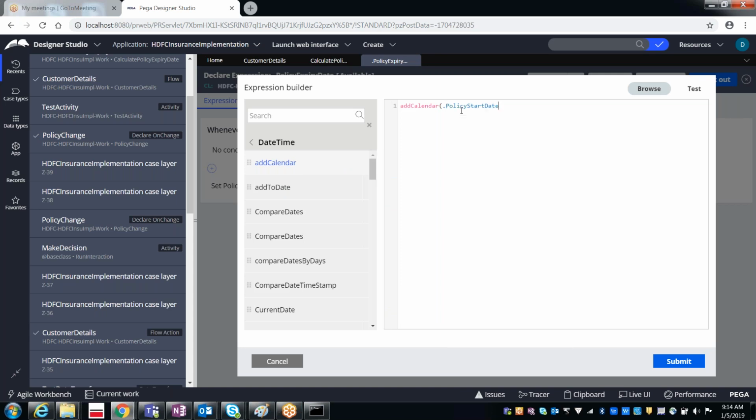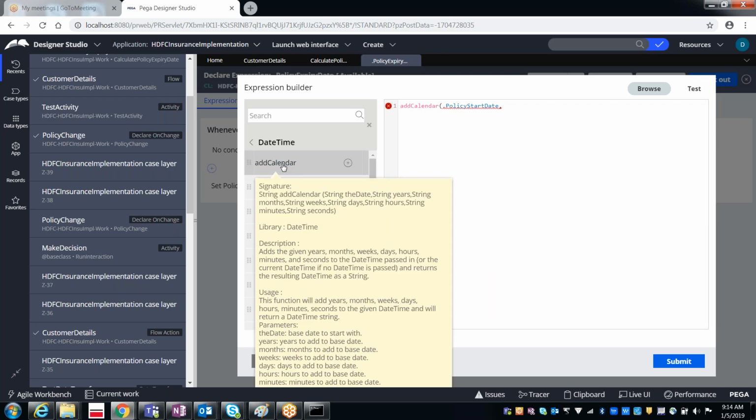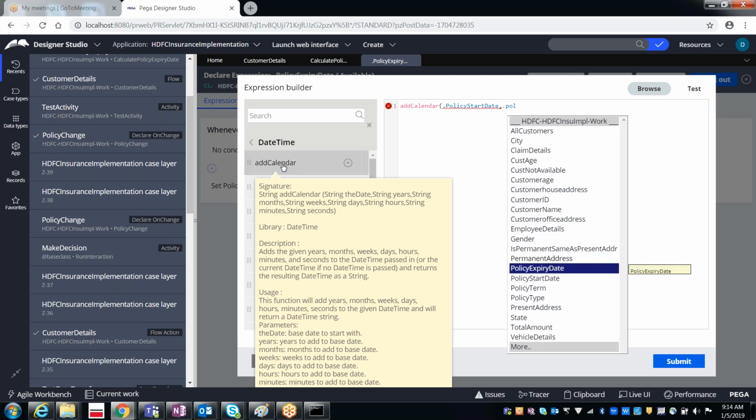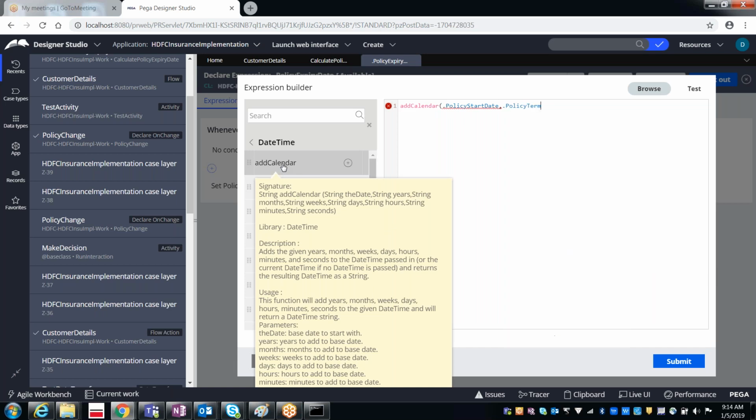Policy start date. Okay, comma, and then what? The next parameter, what we need to pass? Years. So now where we have the years, in which property does it contain the years? Policy term, comma. Next, what we need to pass after the years? Months, weeks, days.